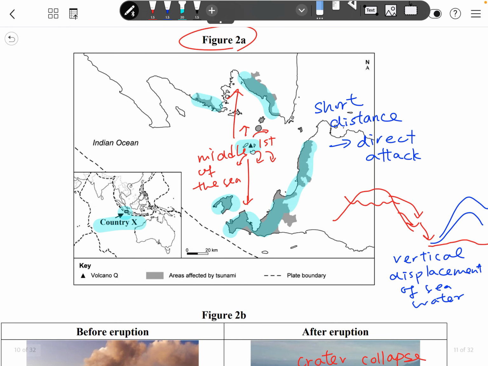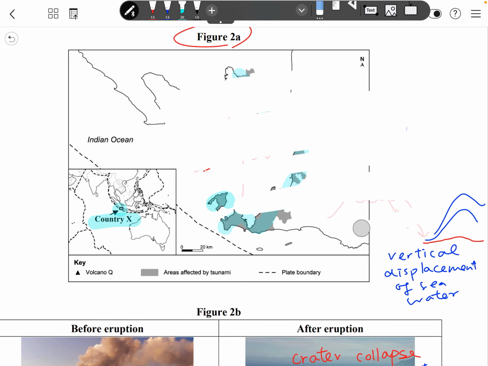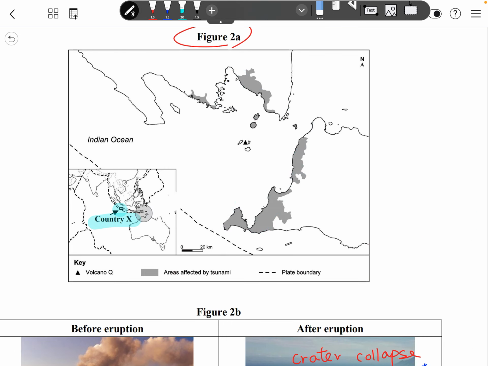So in figure 2A, if they plant a lot of vegetation, they can act as a buffer zone to protect the area from the attack. 咁第一個點，就係做一個緩衝區。